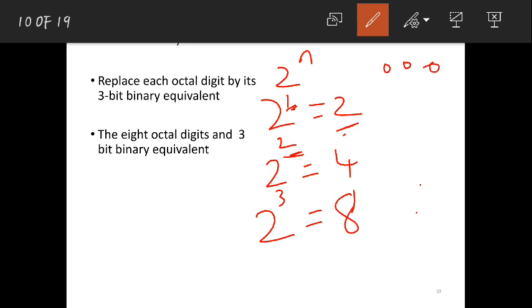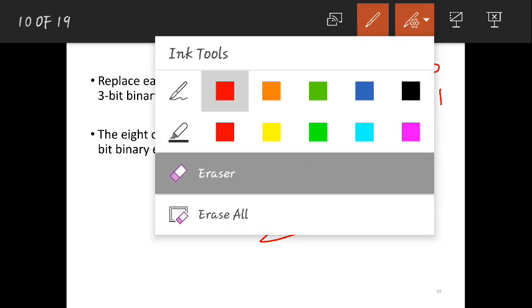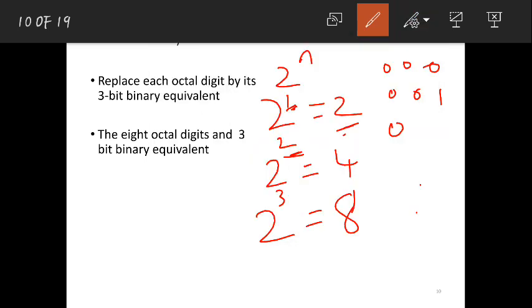I can represent the same 0 number in 3 bits. But here I want a total of 8 symbols. 8 symbols means up to 7. So I require 3 bits for that. For 2, I need to write 1 here. I guess you are well aware of this. We have already discussed it in the previous class. If not, just go through it, or else we will see it again later. This is 2, this is 3, this is 4, this is 5, 6 and 7.